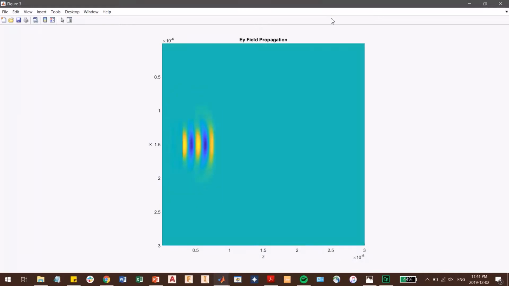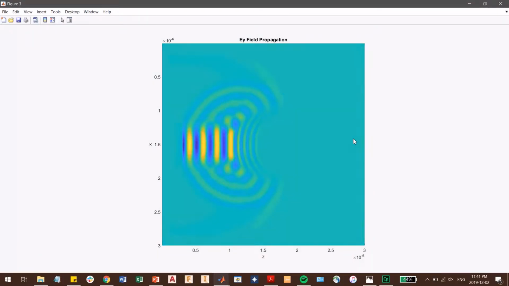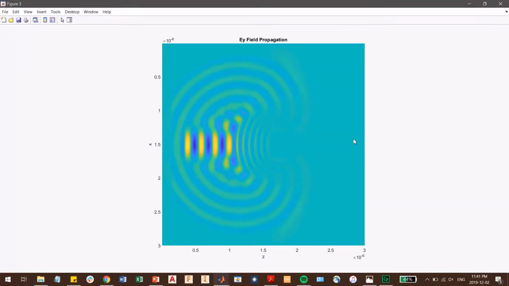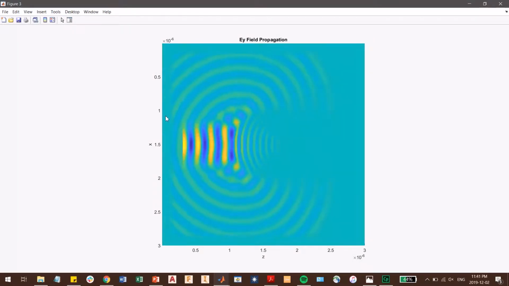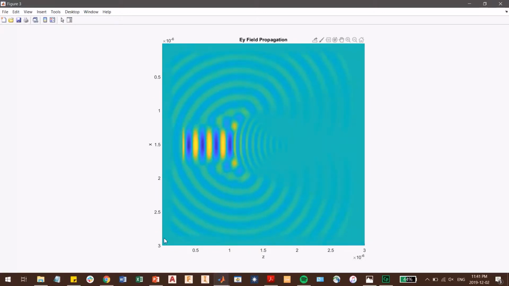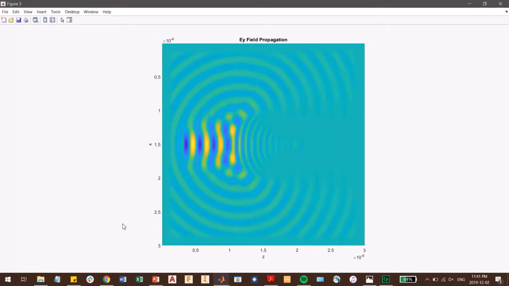So we should expect to see good performance from the PML. With the standard, we should be able to see an outline of the region around the simulation space, and we shouldn't be getting any reflections from the region. So we can kind of see here where it's faded out, the outline of the PML region, and it looks like it's performing well. In the interest of time, I'm going to cut it off here, and we'll move to the next case,